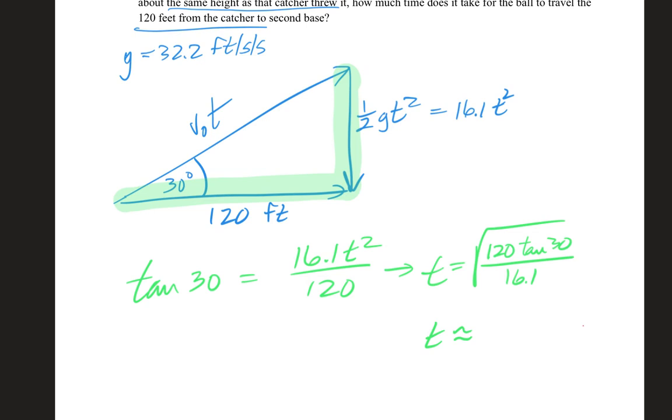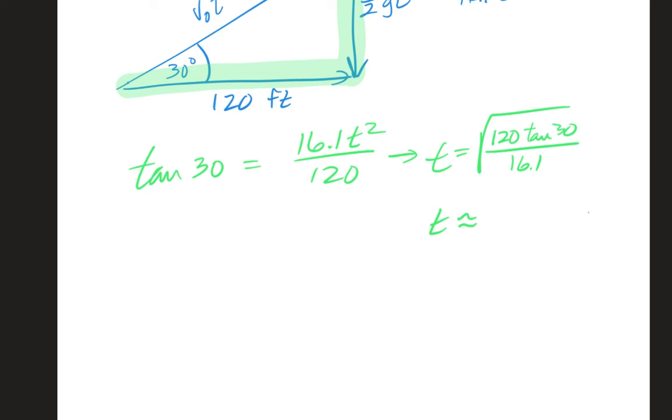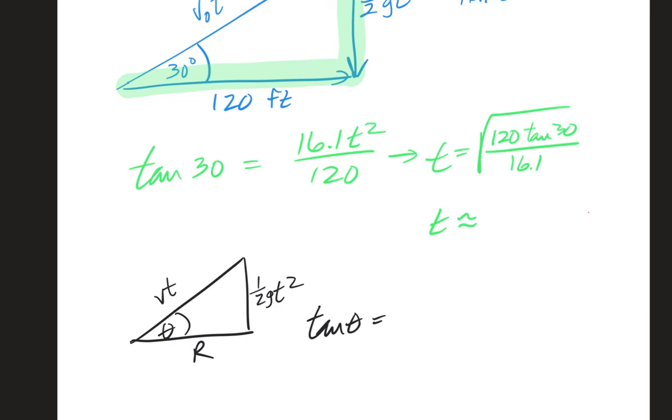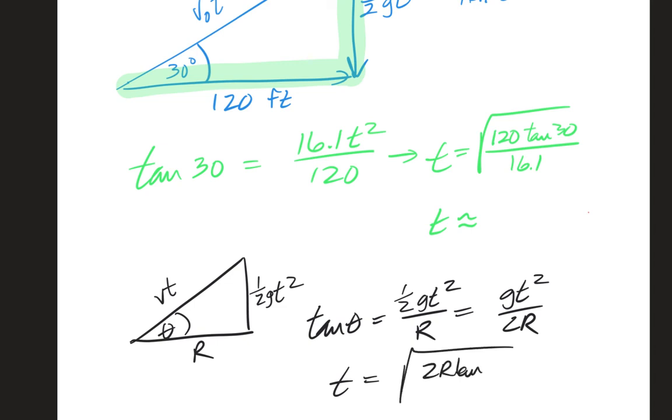I could have kept it in, say, just a formula mode, if you will, all right? And if I had theta, v t, half g t squared, and this is range, then tangent of theta would be half g t squared over r, which is g t squared over 2r, which means t is going to be the square root of 2r tan theta over g. Yes, all works out the same. And so that general formula